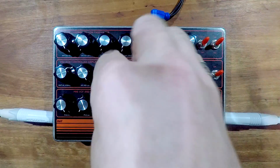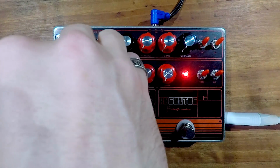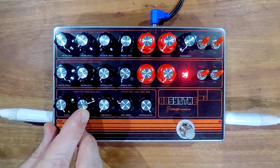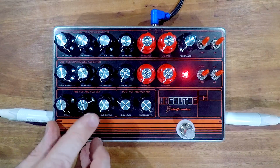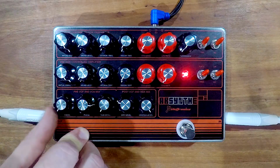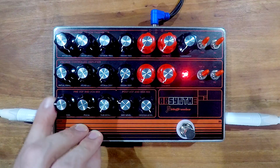And now, if we turn all this stuff off again, now we get to the actual synthy bits. Again, we've got no filter, nothing. So far we just had a clean, straight line input. Now what we can do is add the pulse, which is the synthy part. It's almost like a fuzz bit crusher kind of thing. By taking out the clean signal,